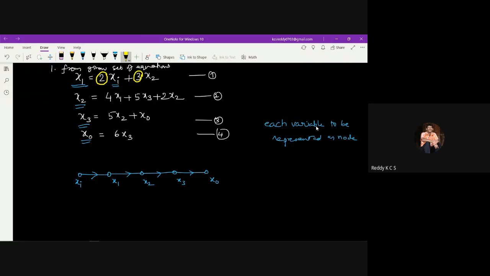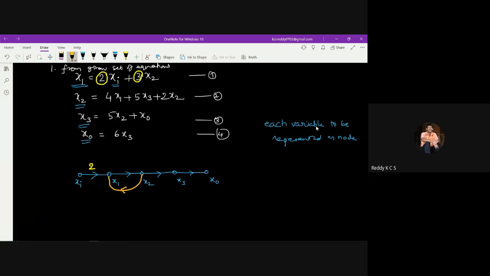The xi signal is entering into this x1 node with a branch gain of 2, and similarly from x2. If it is coming from x2, then I have to show that there is a feedback. So I can show this feedback like this, because the signal is entering at x1, at this particular node. That is the property which you discussed yesterday.